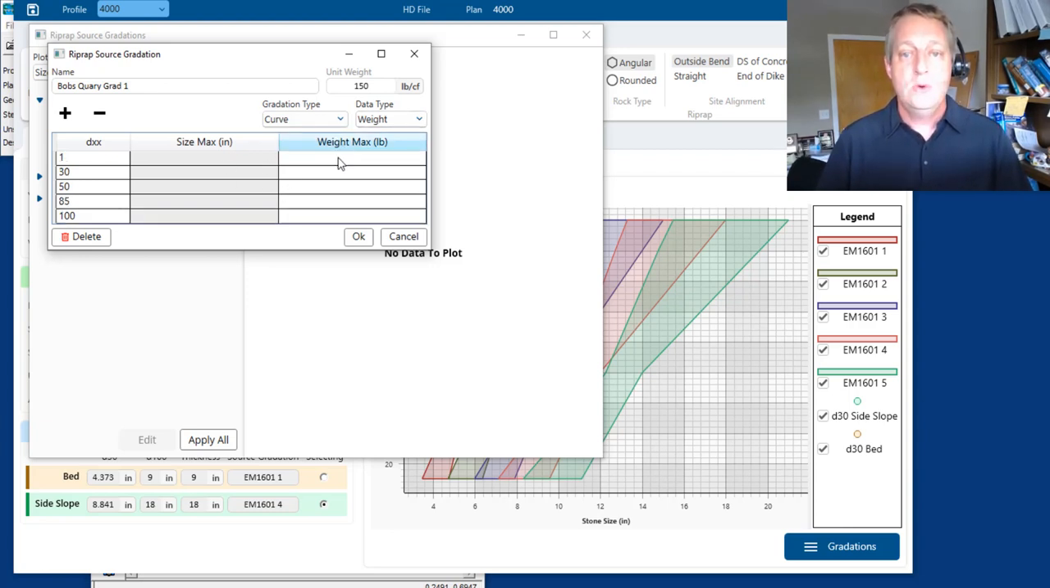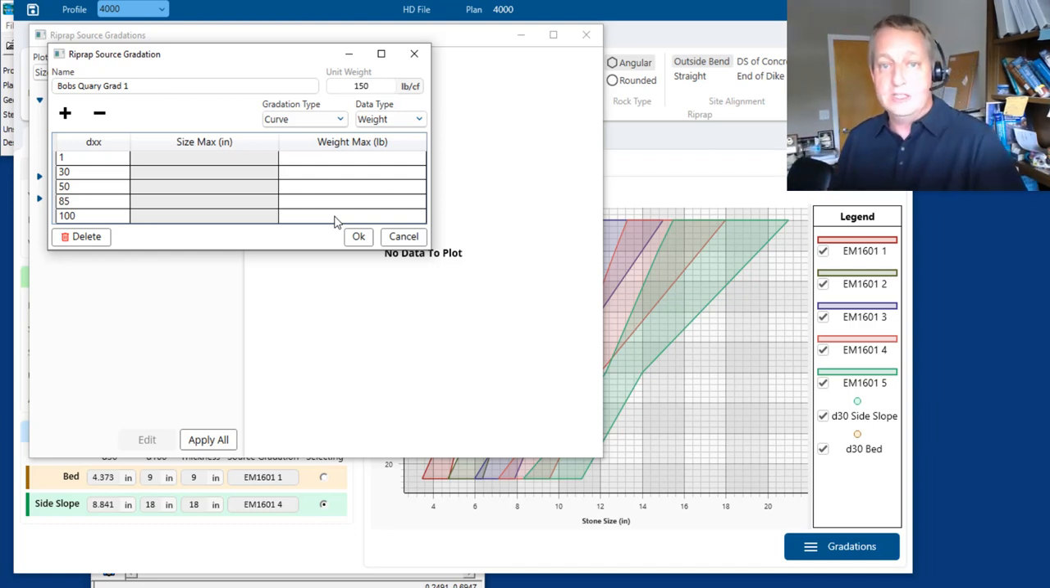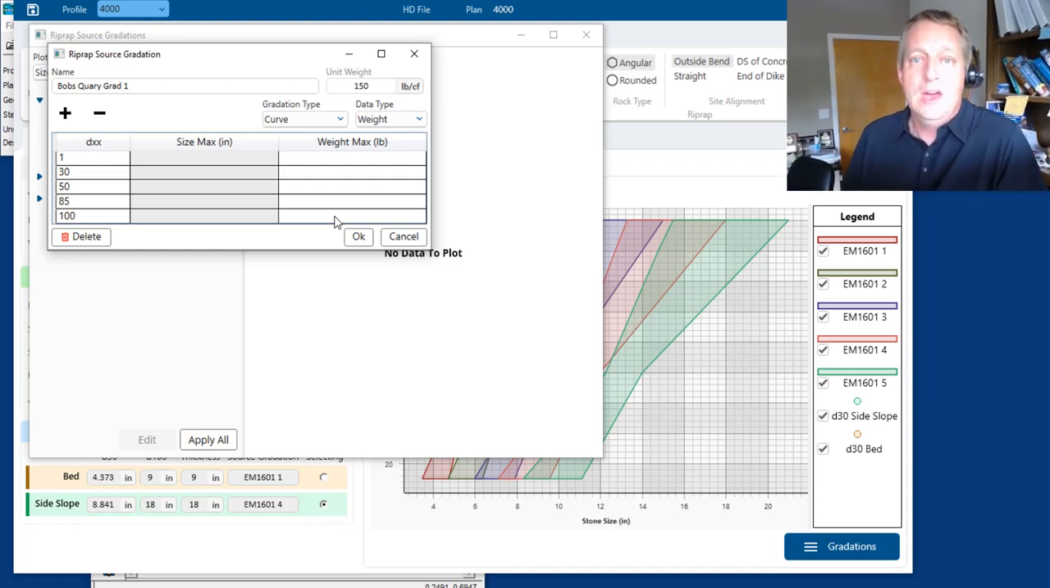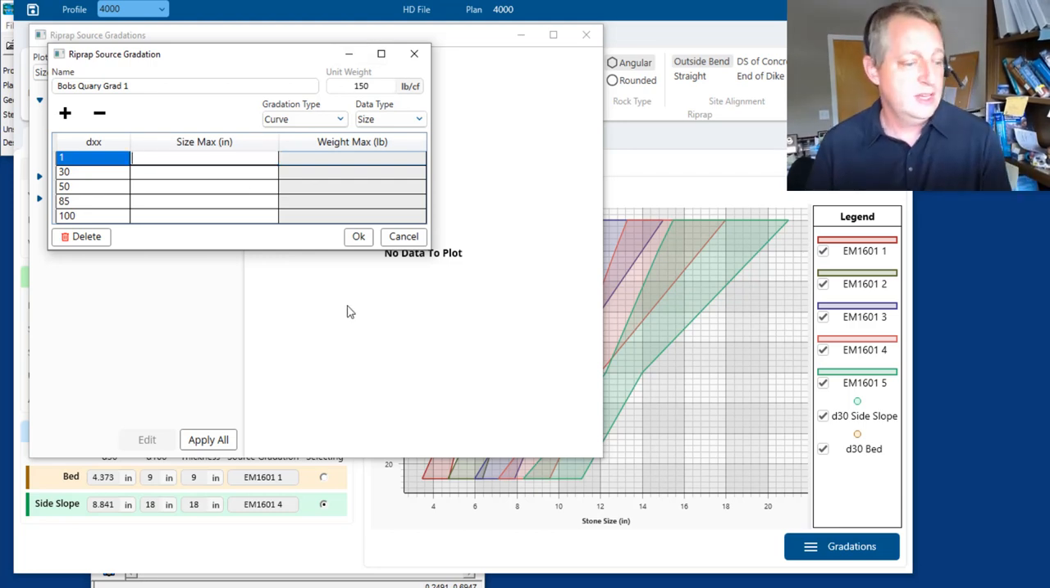And then you can define it by weight. Those of us who come to this from a sediment transport perspective are used to our rocks having size, right? But people coming from the design point of view often define riprap in terms of weight. I'm going to switch this to size, but you can define it in either, and it computes back and forth based on this unit weight. So let's give this a very simple gradation: 4, 5,